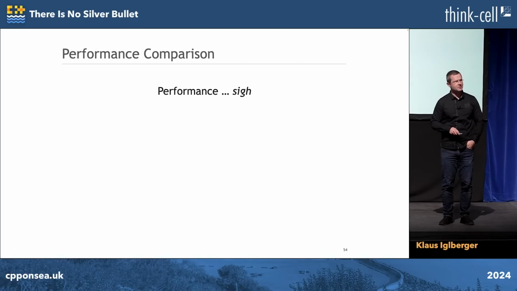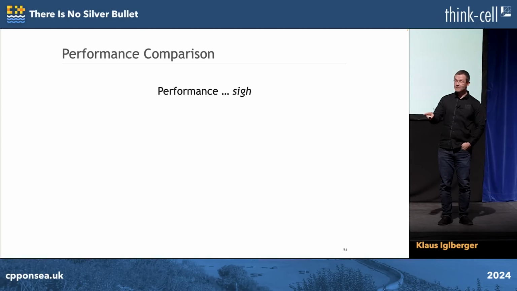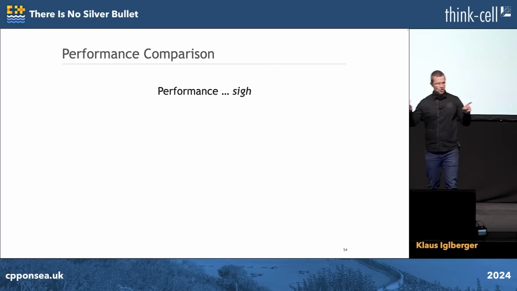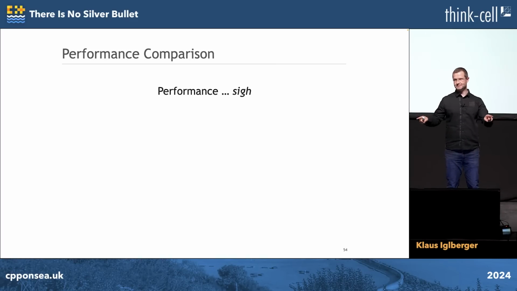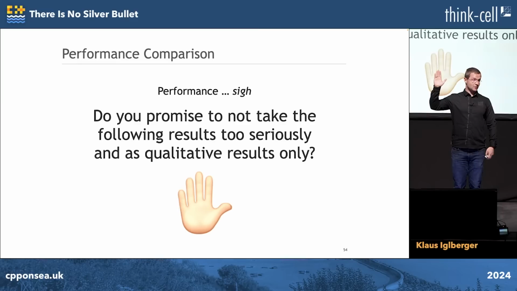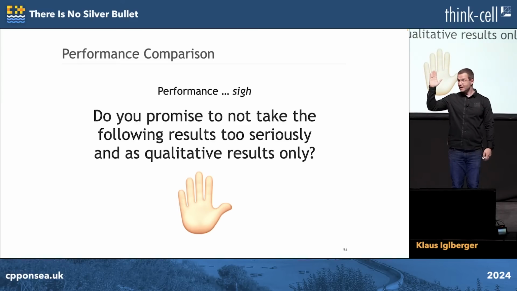Whew, performance. That's the word that on a C++ conference always causes trouble. So if I now talk about performance, afterwards people, as usual, are going to complain about my performance numbers. Yeah, they will argue, but my code is different, and here's fast, and this is slower. Okay. So let's make a deal. I'm going to show a couple of performance numbers, but you're going to promise that you'll not complain afterwards. Okay? So, do you promise?